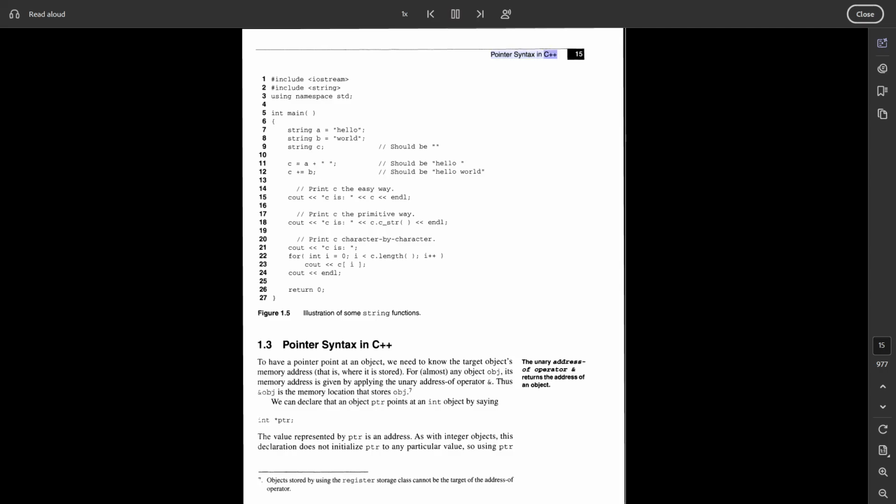Pointer syntax in C++: 1 #include <iostream>, 2 #include <string>, 3 using namespace std; 5 int main(), 6 {, 7 string A = "hello"; 8 string B = "world"; 9 string C; 10 // should be hello, C += B; 11 12 // should be hello world, 13 14 // print C the easy way, 15 cout << C << endl;